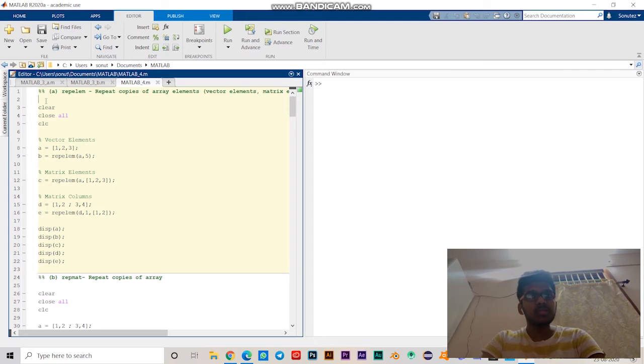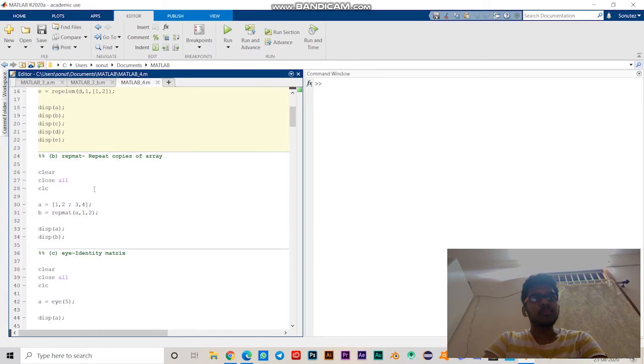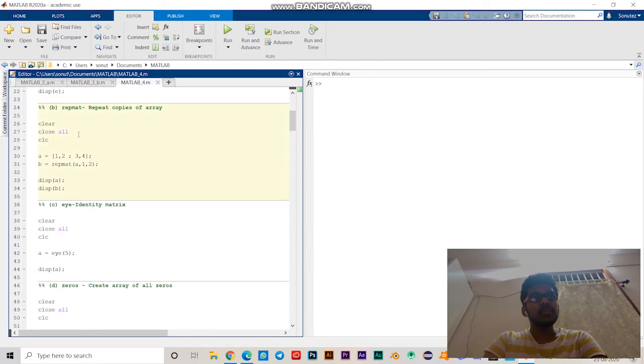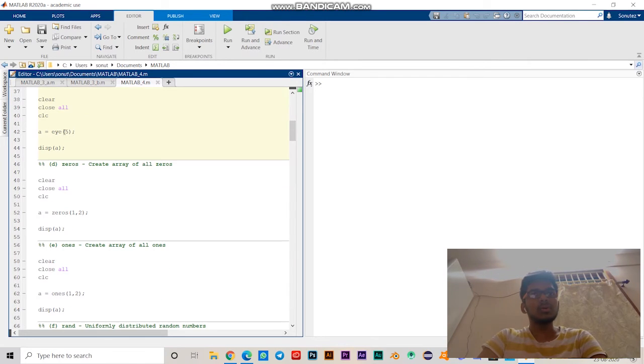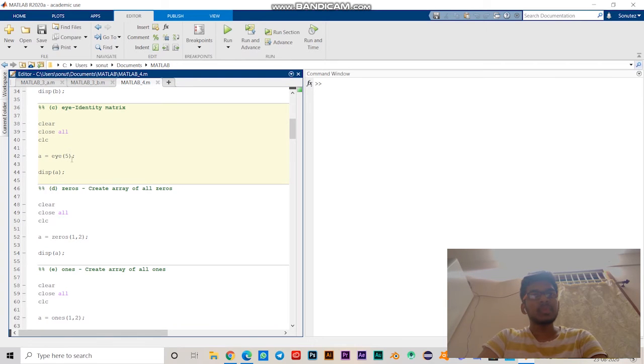Coming to the next question, we are going to see a few commands in MATLAB. The first one is repelem. It is basically going to repeat copies of array elements. For example, if we have a simple vector a is equal to 1, 2, 3, then if we want a vector b with repeated elements of a, then we can use the command repelem. Unlike repelem, the command repmat repeats the entire array,